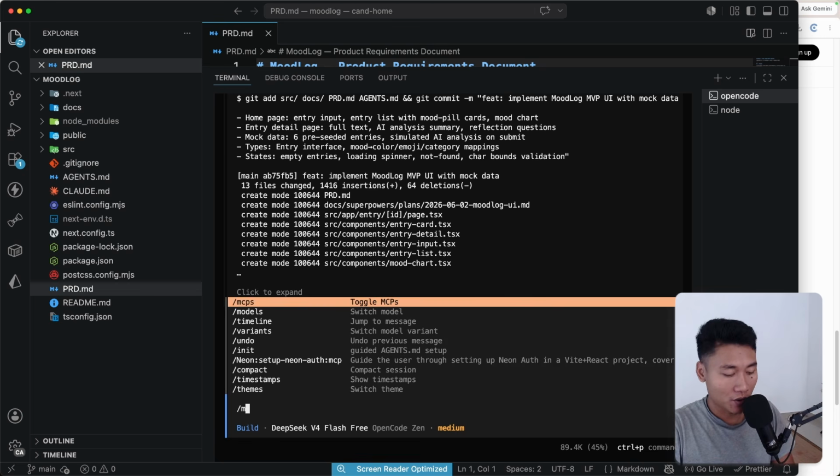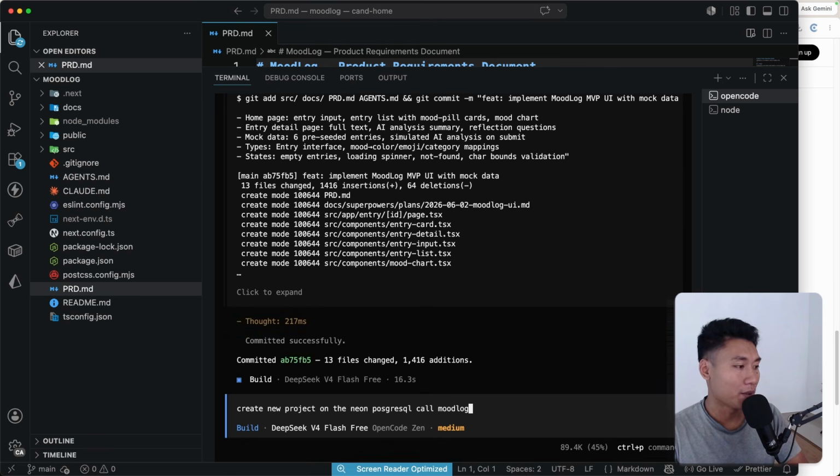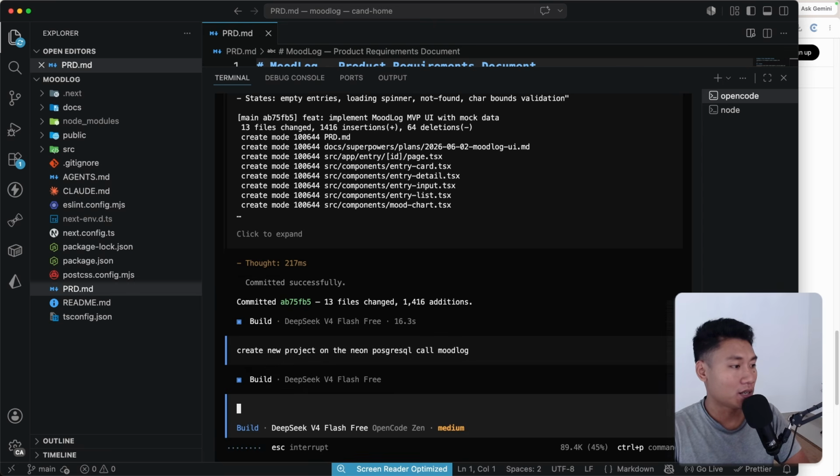As you can see, if I open my MCP, right here I have Neon. This is connected. My prompt is really simple. I'm just asking the AI to create a new project on the Neon PostgreSQL called moodlog. So let's hit enter and hopefully